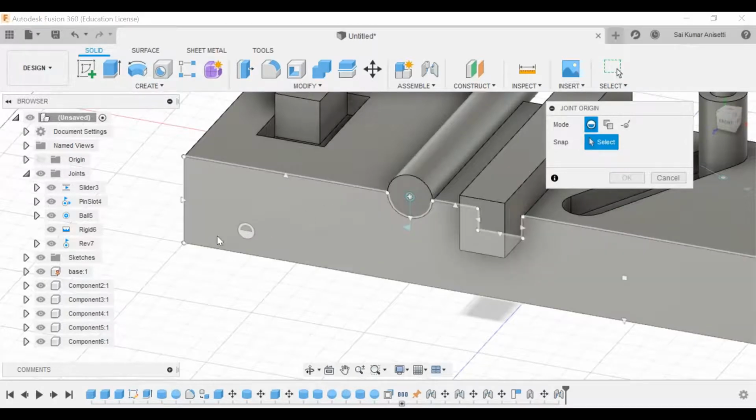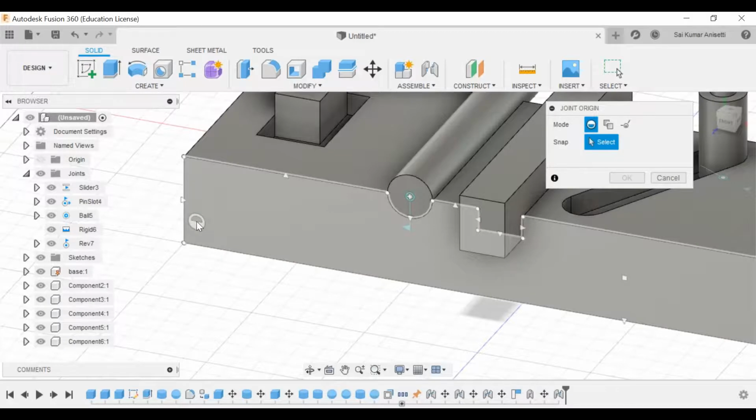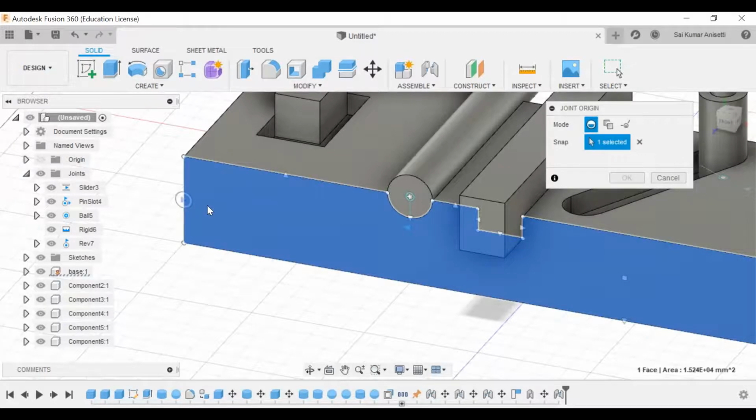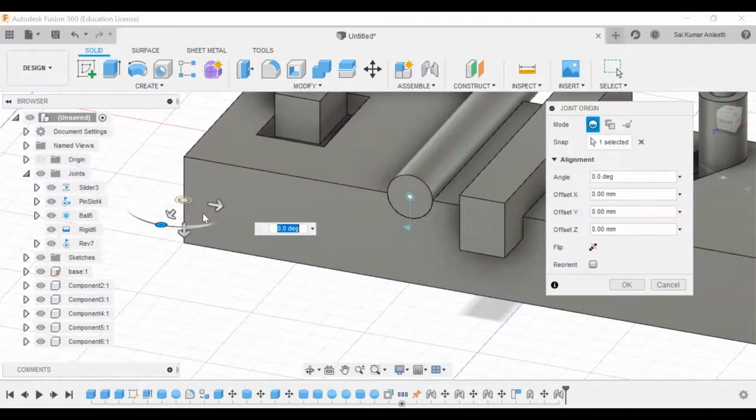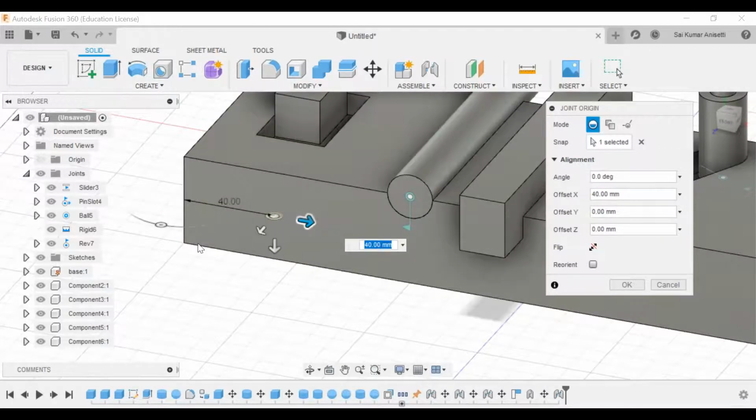Now I need to select this face. If I need to position it somewhere, I can just position it.